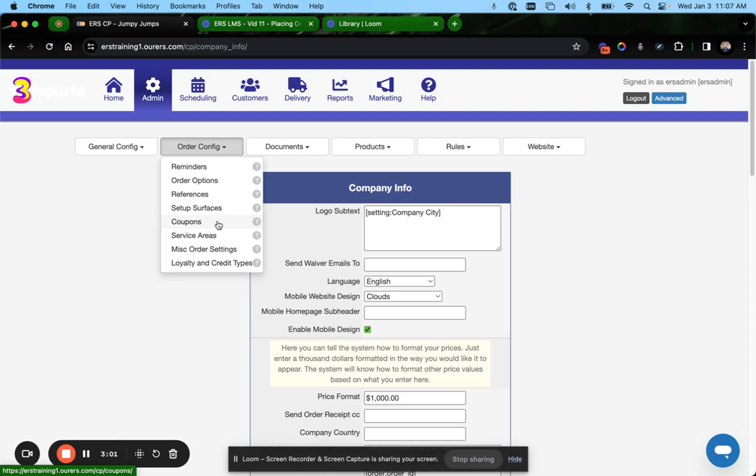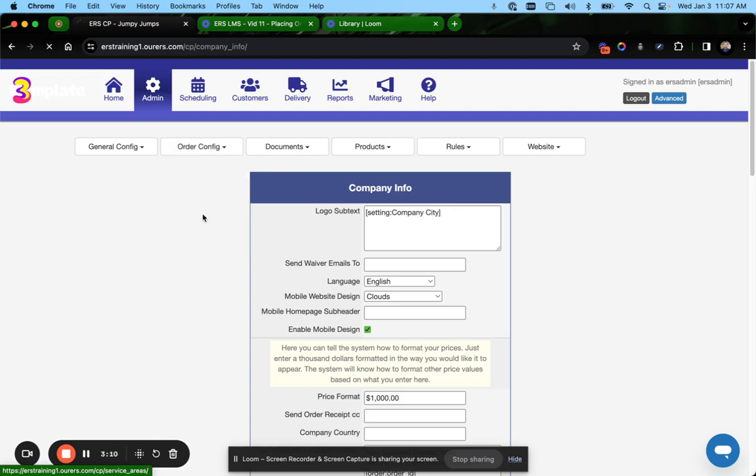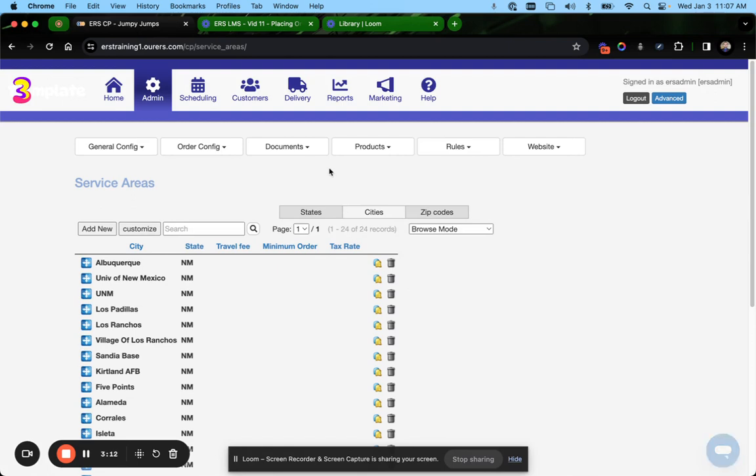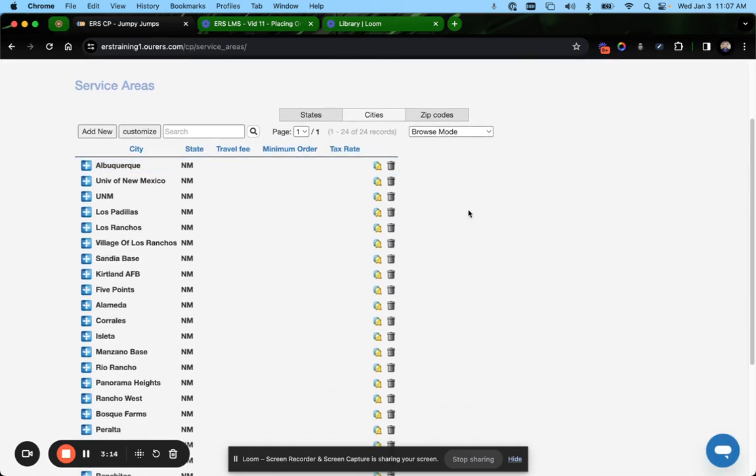Coupons to run any promotions or discounts. And service areas, this is your list of cities that is appearing on your website. And another note, under the service areas, you can set up a few other options, such as you can have a specific travel fee for city or zip code, a minimum order amount for city or zip code, or a